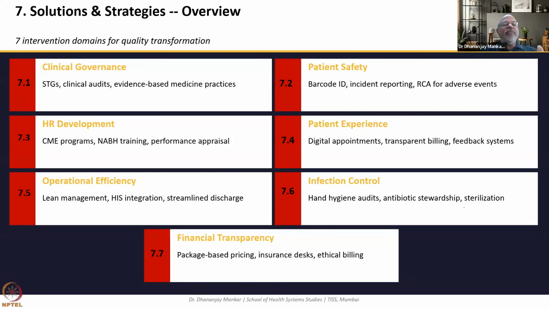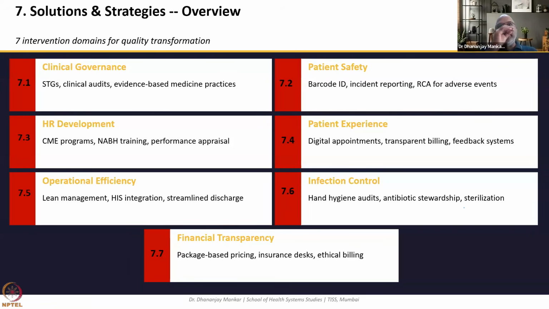So if you do all these things for this particular hospital, you may find that the quality will give you some of the best features to improve this poor hospital, making it a very good hospital. HR, we ask them to go for a CME. NABH training has to be given from the grassroots to top managers. Performance appraisal needs to be there.